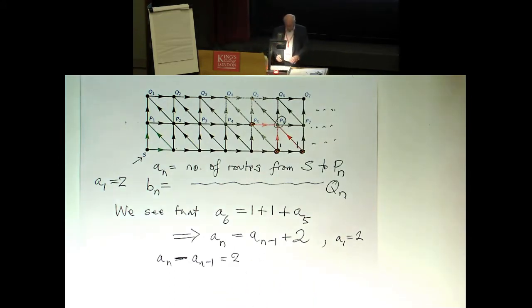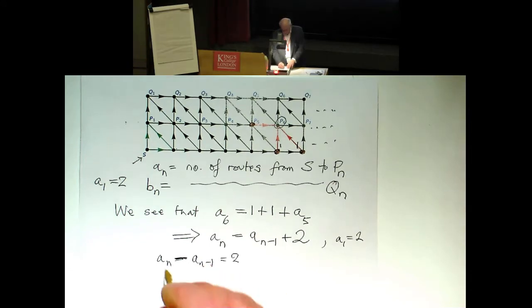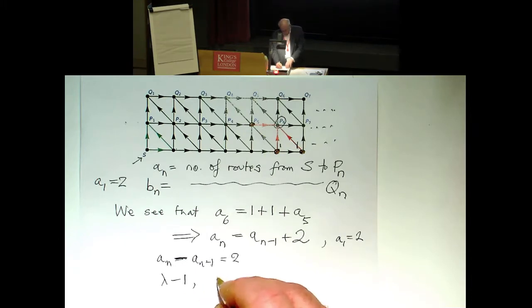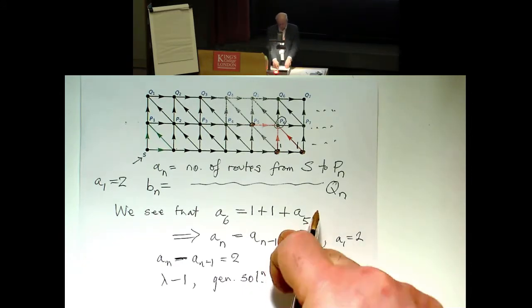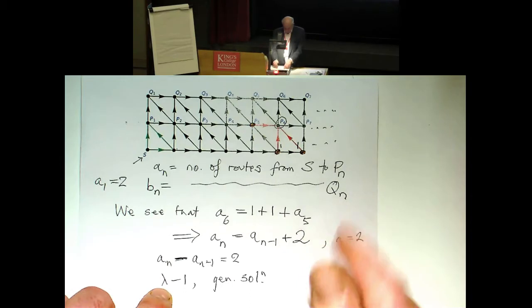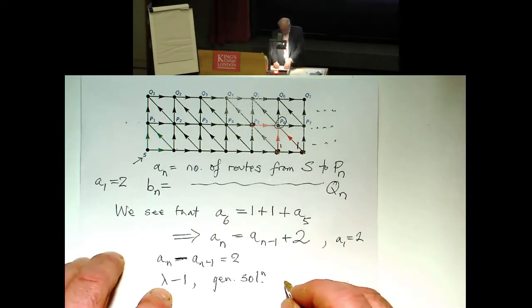But if we just use the theory, we'd write down the recurrence relation like that. This is a first order equation. It gives us a polynomial, which is lambda minus 1. So the root is 1. So the general solution of the homogeneous equation is obviously